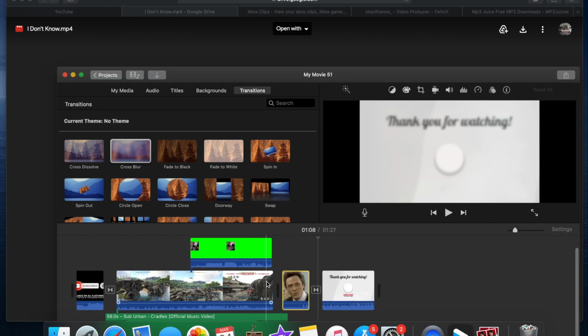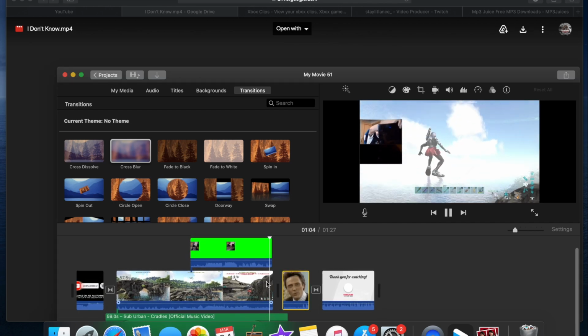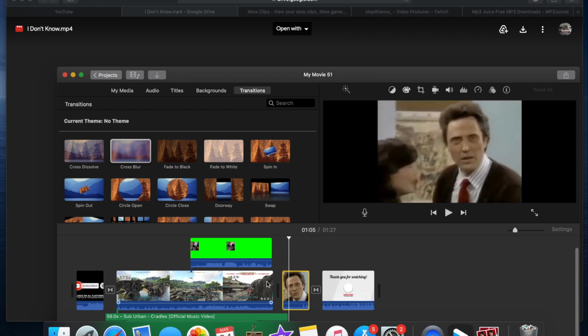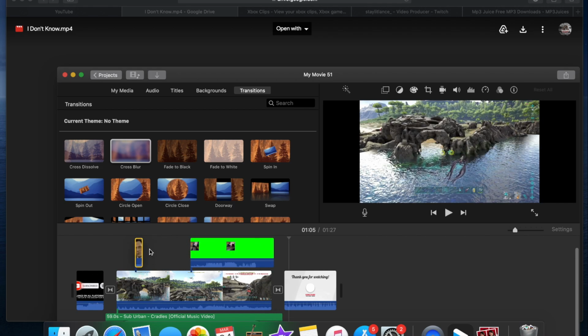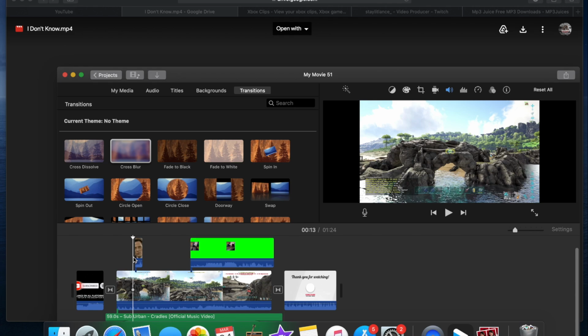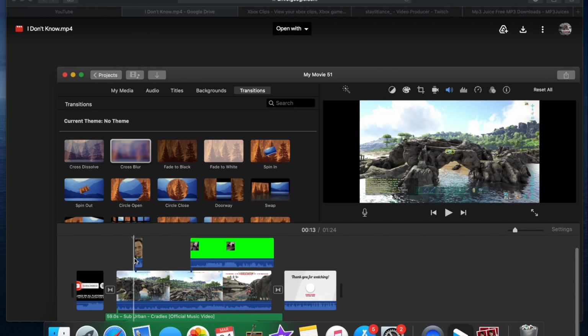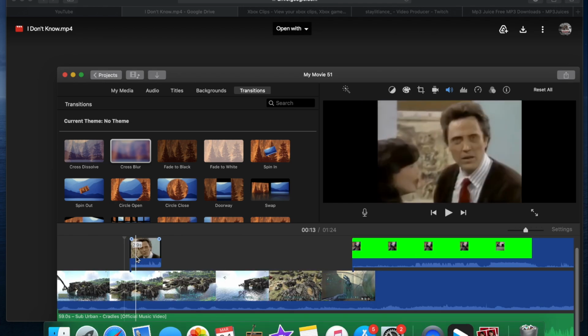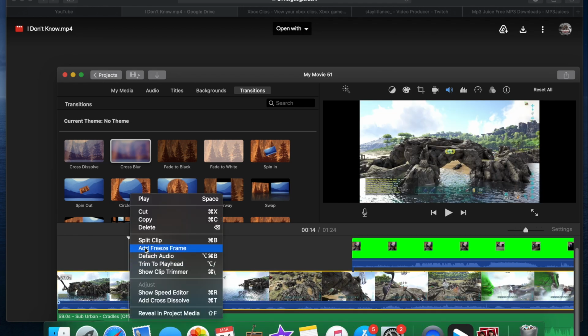If I wanted it to be at the end, I just add it in between. If I want it to be over the top of the clip, so basically if I want it to stop showing what I'm doing and I want it to play the clip, you just put it on top. And then a lot of times what I'll do is, if I only want the audio of the clip that I'm adding, I will hit split clip